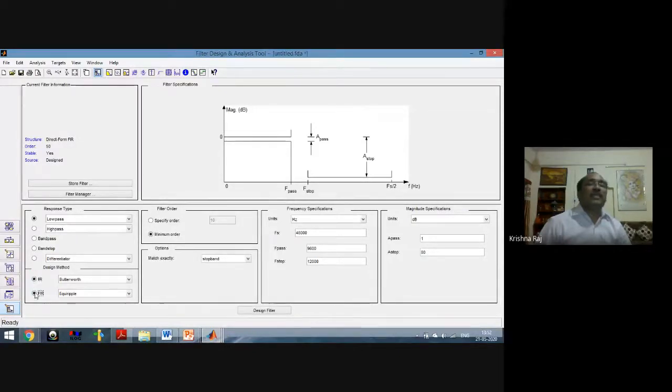because when we select any particular option, when we say design the filter, it means now the computer, using the MATLAB platform, will perform each and every step which we manually used to do during the time of designing. So here if we select design, the filter will be designed.